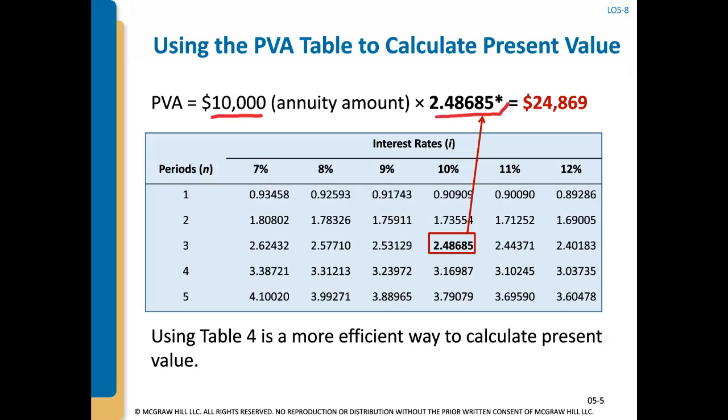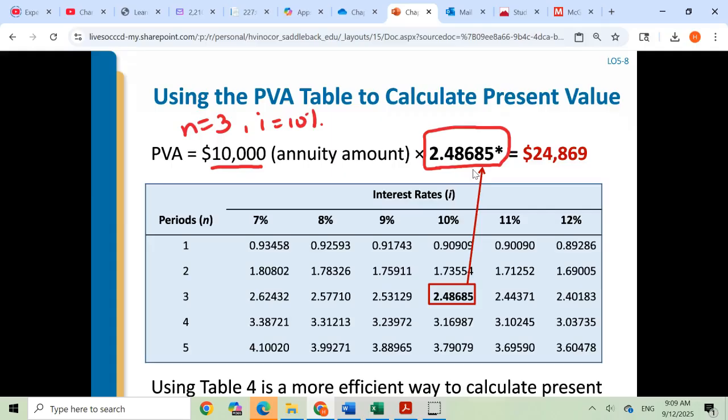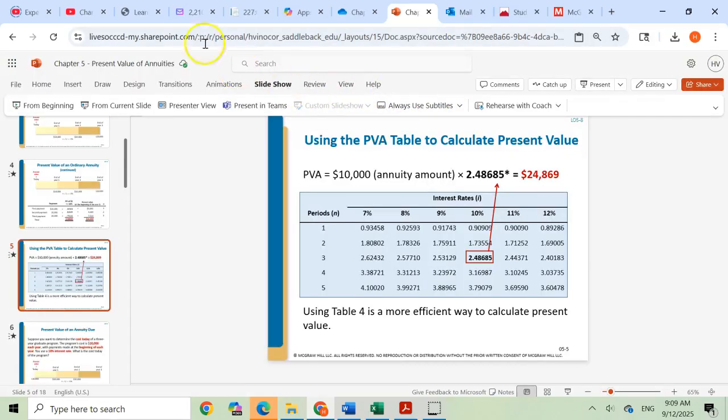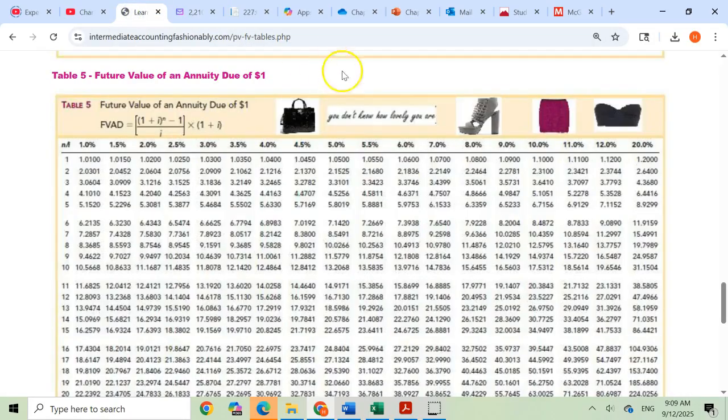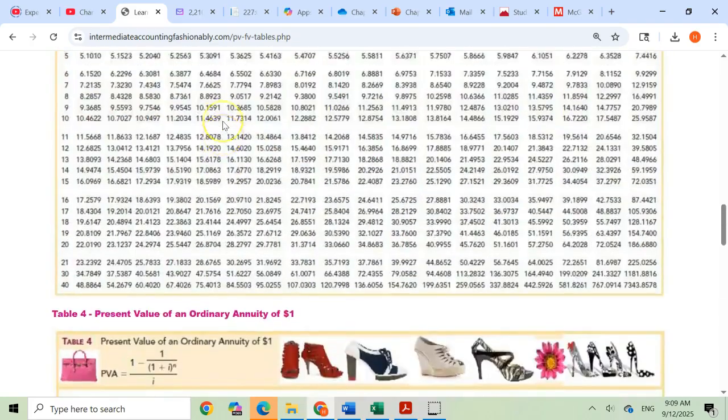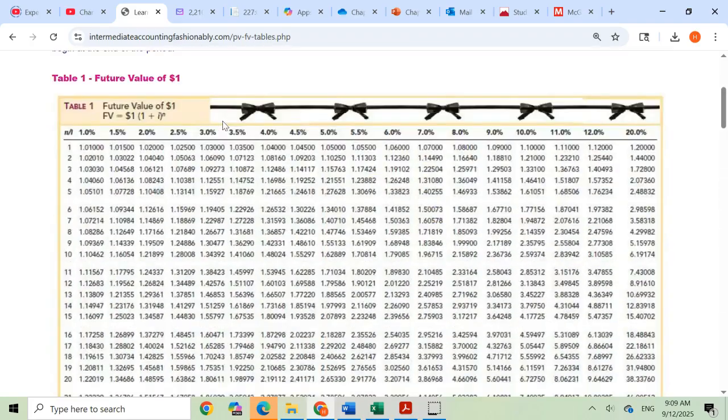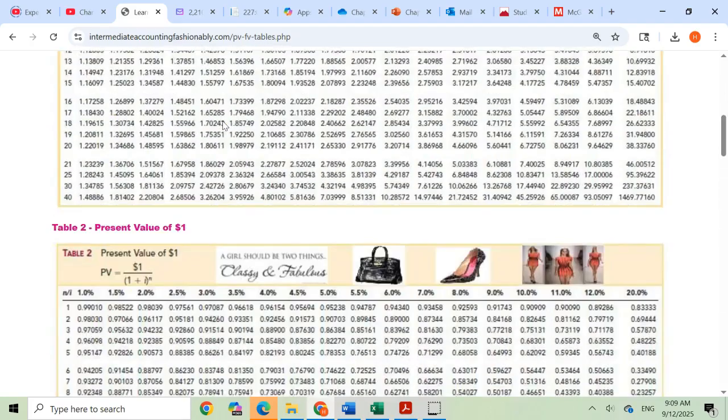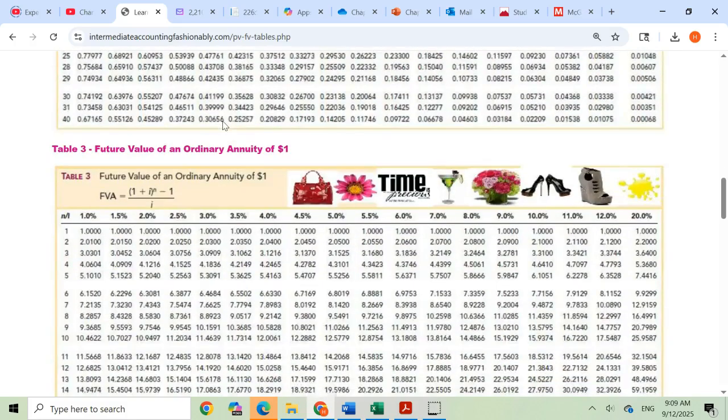times some factor, right? And in our situation, it was N equals 3 and I equals 10%. So it gives us here a little snapshot of the table, but I'm just going to take you again to the tables like I did in the previous video. And here I still have my tables, and remember, there's all kinds of tables and it's critical to use the right one. In this situation, we're trying to figure out